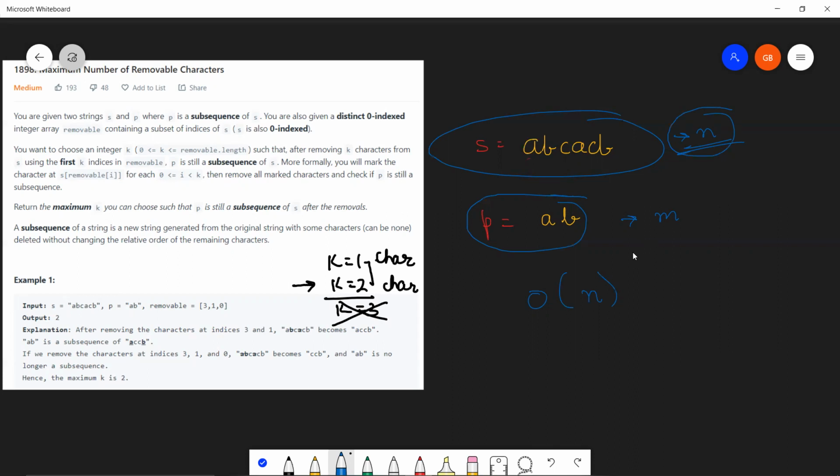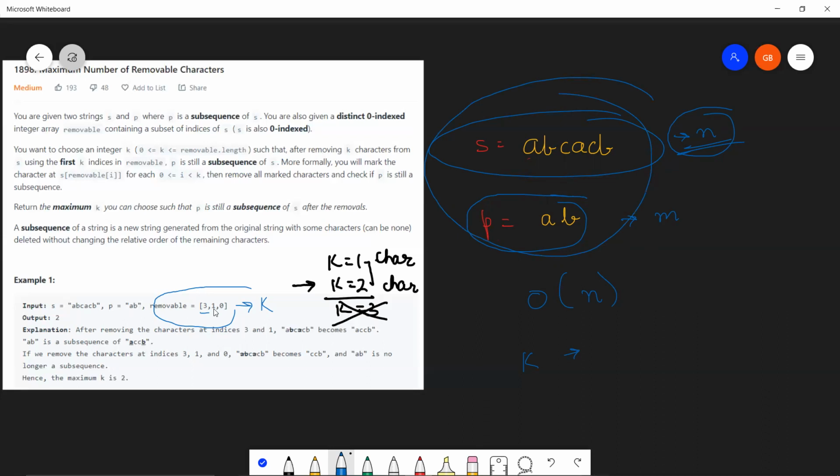Now, you'll use another loop over this removable array, right? Let's say that the removable array's length is K. Fine. So one loop to iterate over K. Go ahead and remove the third index. Find whether they are subsequences.